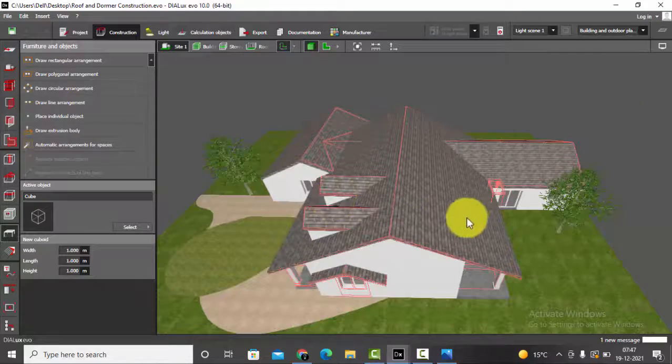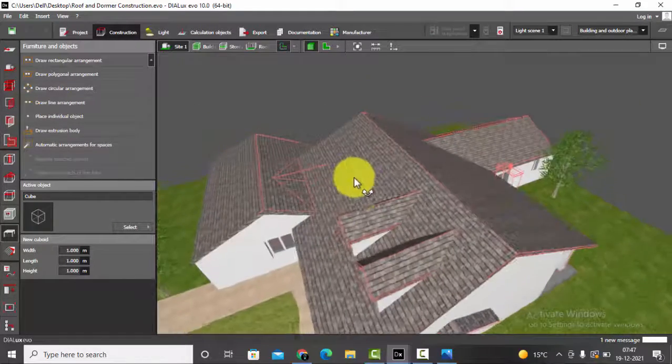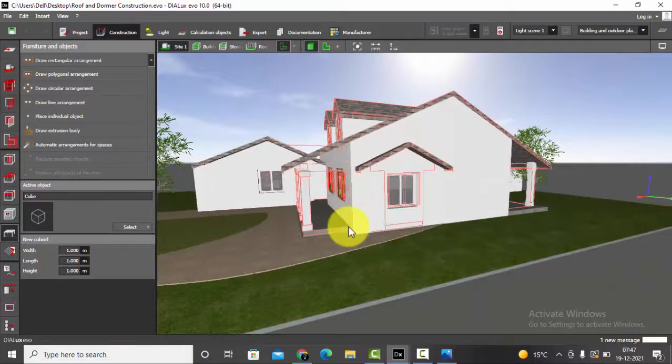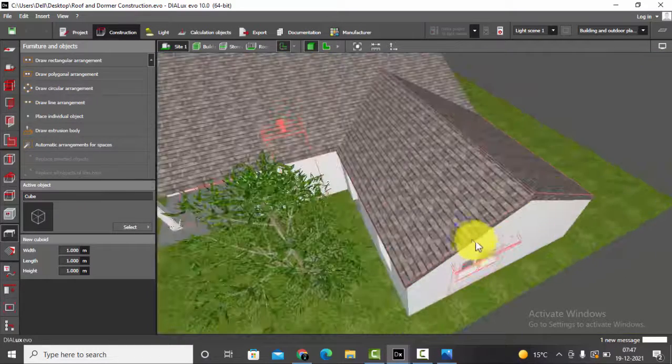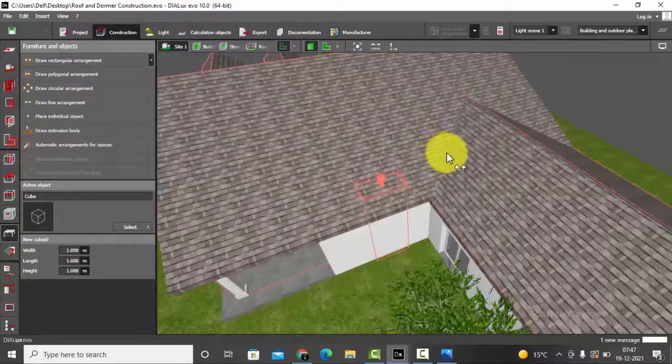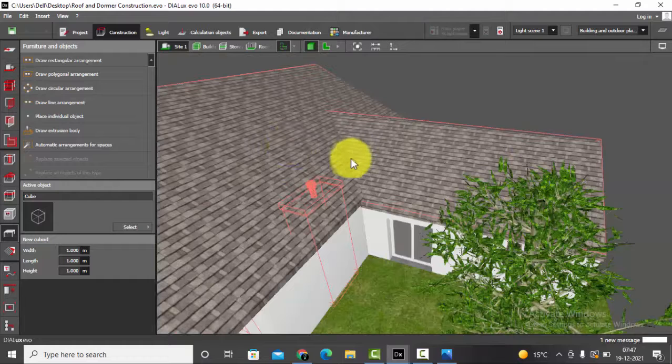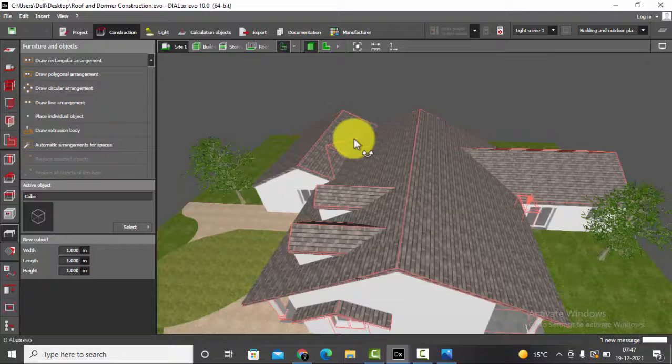We have a double pitched roof with a chimney here and two dormers here. For the window, one double pitched roof. Here too we have a double pitched roof, but yes, there's something different here. Where there are two roofs connecting, we have a formation of a valley here. Right now we have identified all our roofs. So this was the first step.